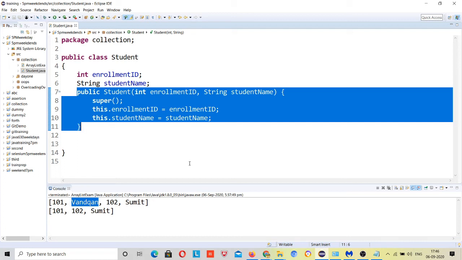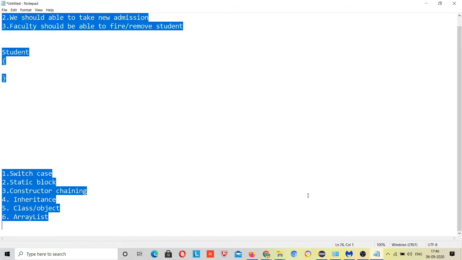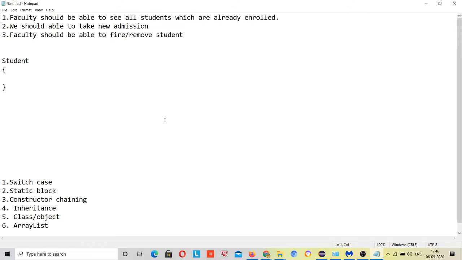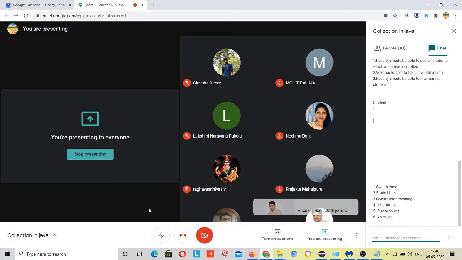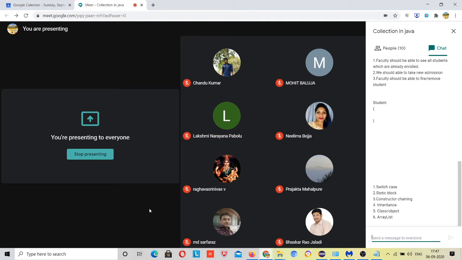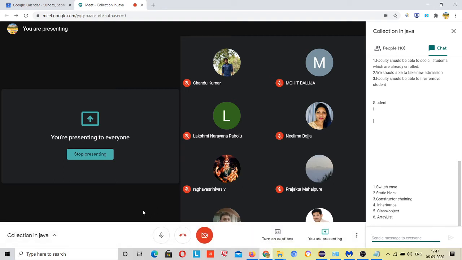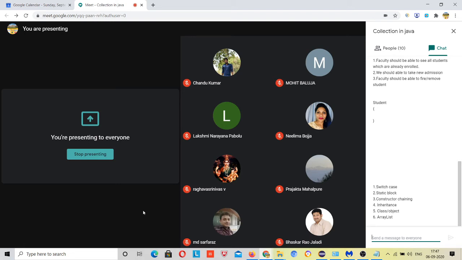Now the faculty actually wants that there should be some pre-existing students. What happens in a school is that some new students enroll and previous students are already there, right? So the requirement is that there should already be some students present in your school. So how can we do that?